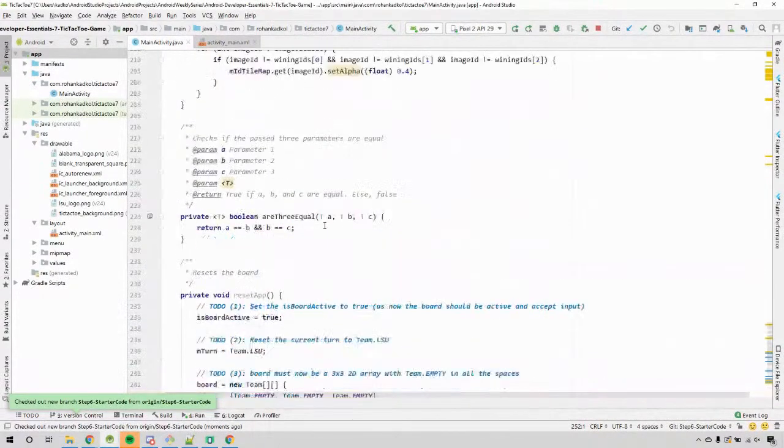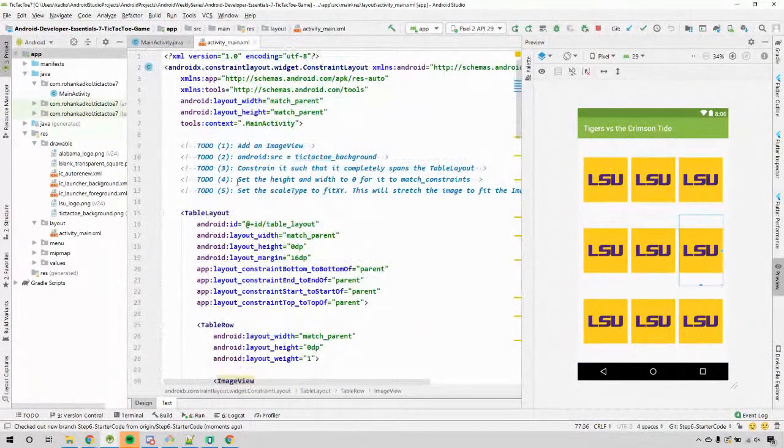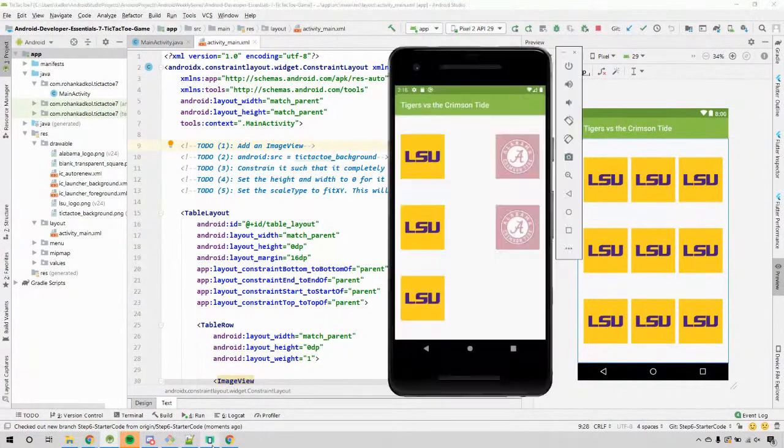Oh, the to-dos are still there, but accidentally I kept it there. Now if you do this, there's only one to-do. It's very small. You have to add this. I mean, they look like 5, but it's basically just one thing. It is add an image view. So if you notice in the completed app,